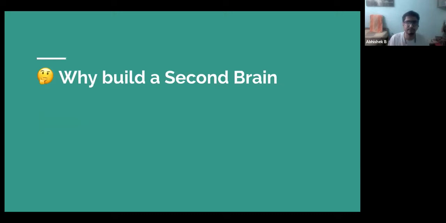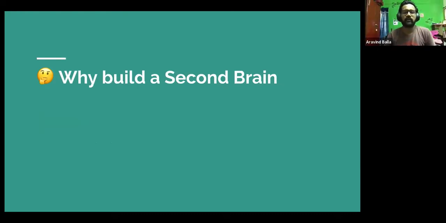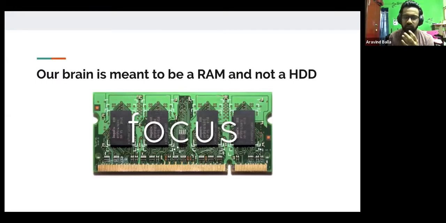by saying why we need a second brain. Basically, the concept of a second brain is that our complete thoughts and the notes that we take are stored in some particular place, be it digital in our case, because a lot of things are digital now. So instead of keeping everything in the head, we keep a few things in a note-taking app. The main concept here is that our brain is basically a CPU and not a hard disk. So when you free your mind from the storage part, you will have time to think.